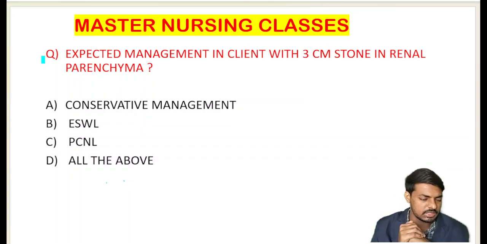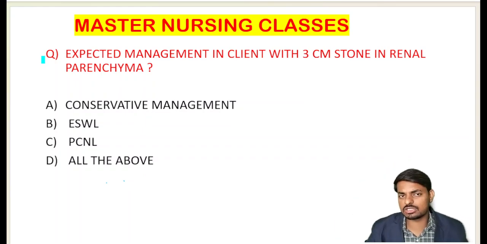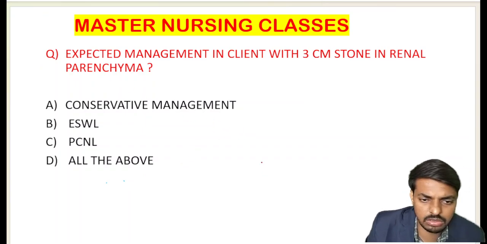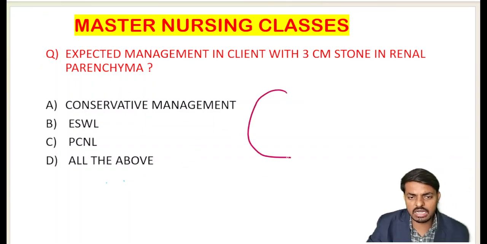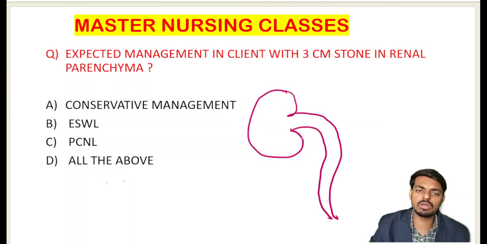Read all the options correctly. The expected management in a client with a 3 centimeter stone in the renal parenchyma. Where is the stone present? Students, if the stone is present inside the kidney, we call that nephrolithiasis. And if the stone is present inside the ureter, we call that urolithiasis. So this kidney stone which is present in the renal parenchyma,